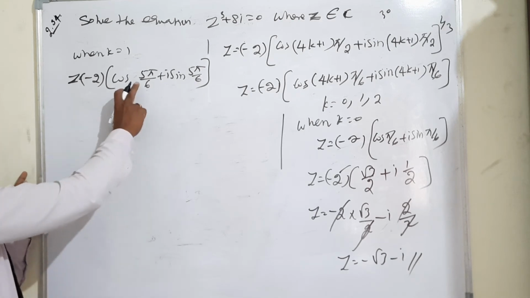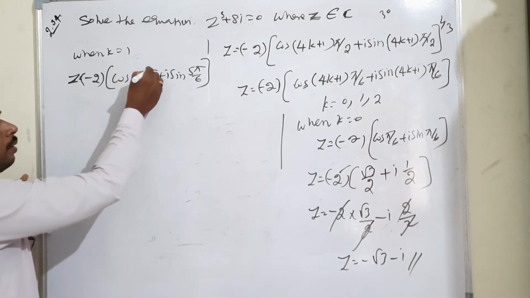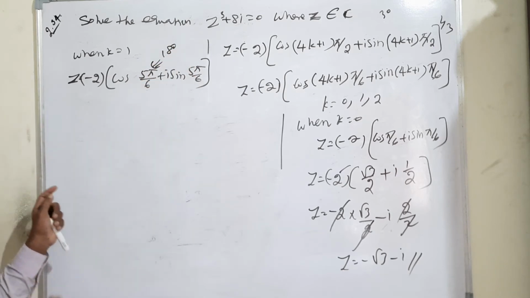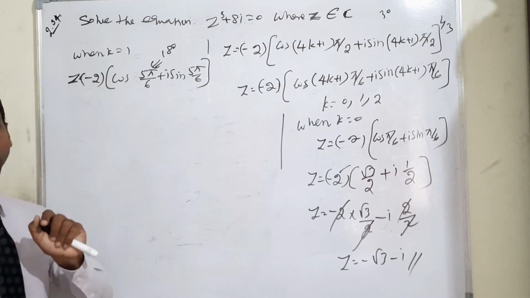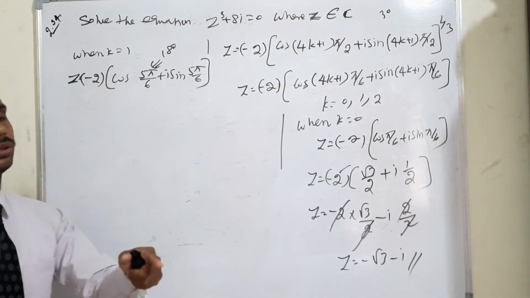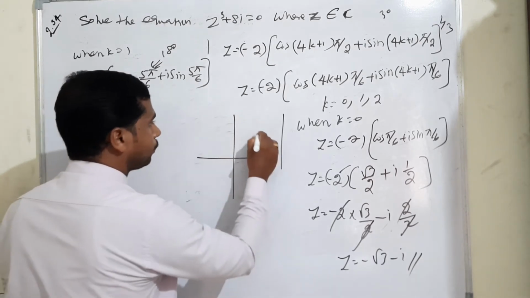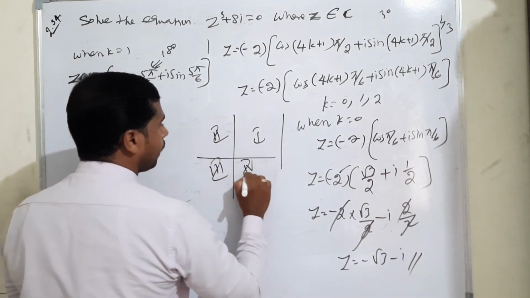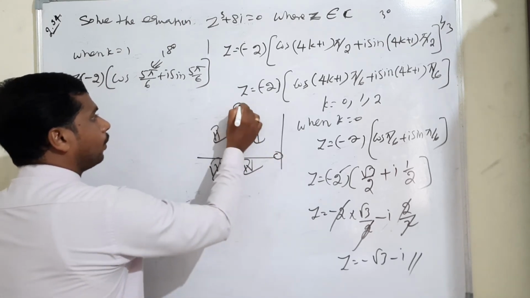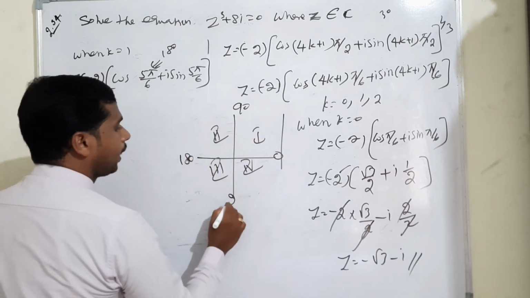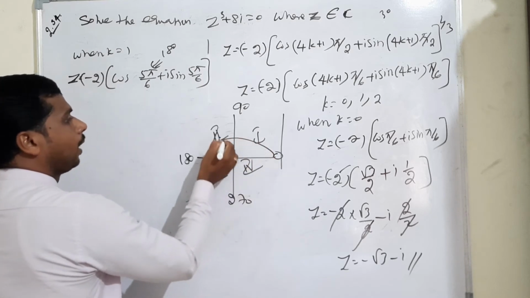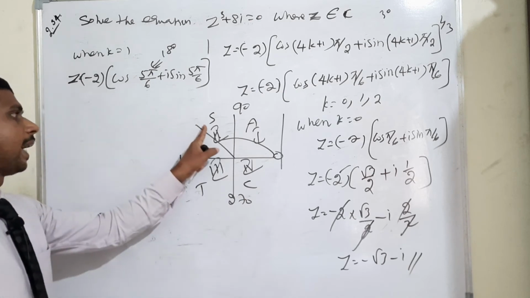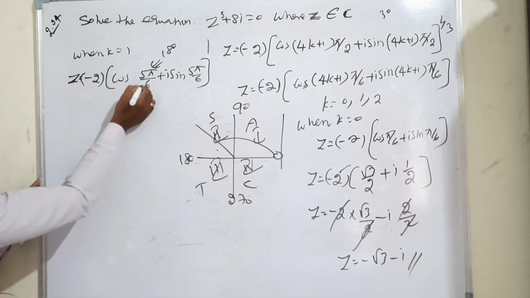But if you are below 360, for example pi means 180. 180 divided by 6 is 30. 30 into 5 is 150. Definitely it lies in the second quadrant. First quadrant, second quadrant, third quadrant and fourth quadrant: 0, 90, 180 and 270. 150 lies in the second quadrant. Second quadrant means all silver, tea and cup, sin only positive. Therefore, how to rearrange it?